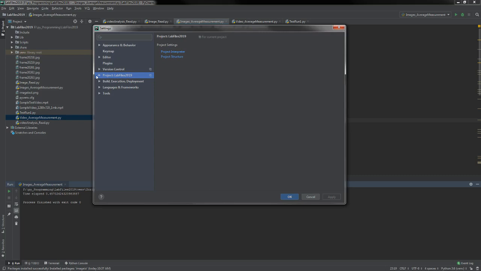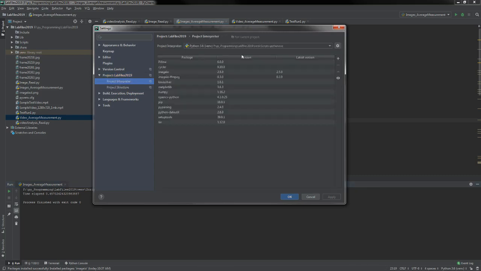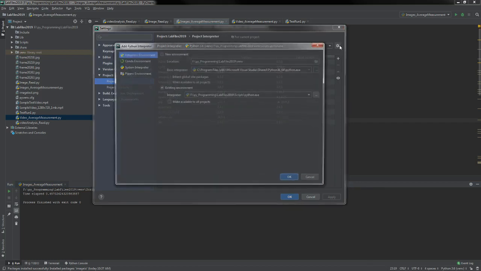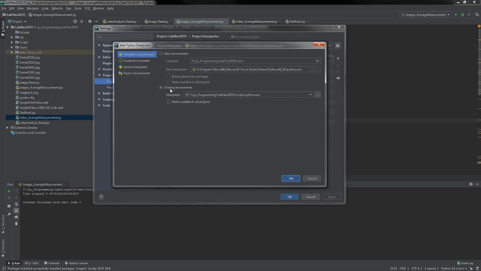So go to the interpreter. What I wanted to explain to you guys is, when you try to configure the interpreter, click on this Add and make sure you choose the path of the interpreter you would like. For example, when I was using it, I used New environment interpreter, and I checked